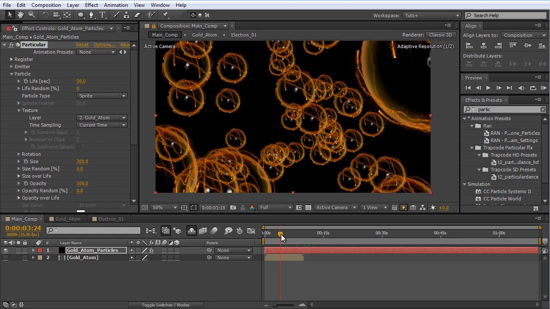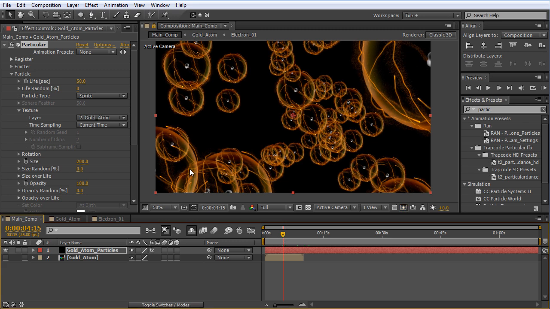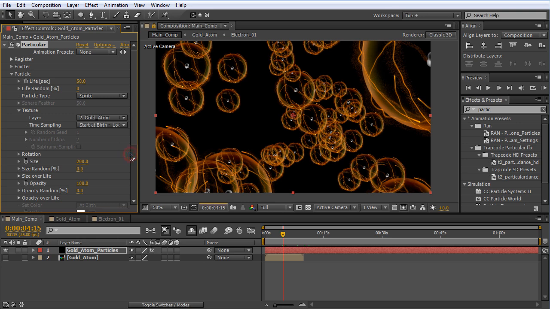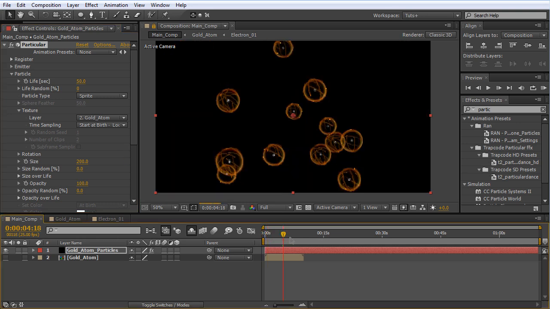all the particles are looping the same animation, and that's not what we are really after. So what we'll need to do is set the time sampling to start at birth loop, and that way we get a nice randomization.